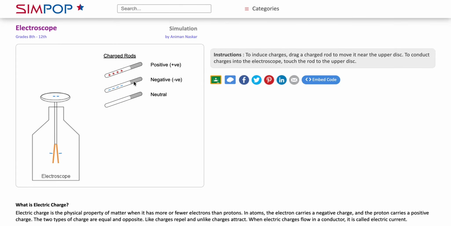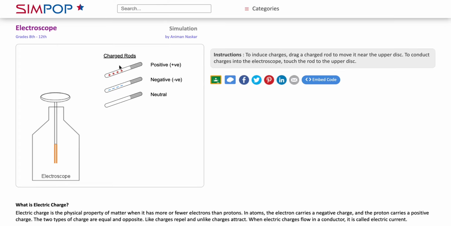Okay. And likewise, if I have a negative charge here and I charge it by conduction, by touching it, everything becomes negative. And so what happens is the leaves become negative and it spreads out. Okay. Now on a multiple choice quiz, your teacher might ask,